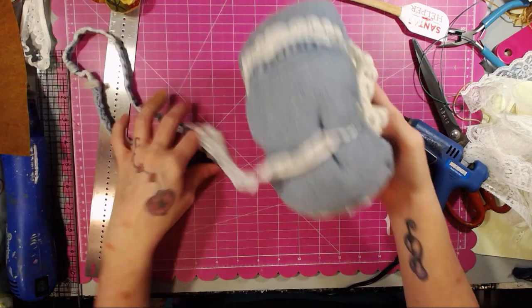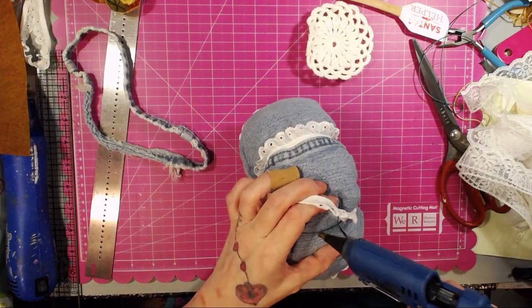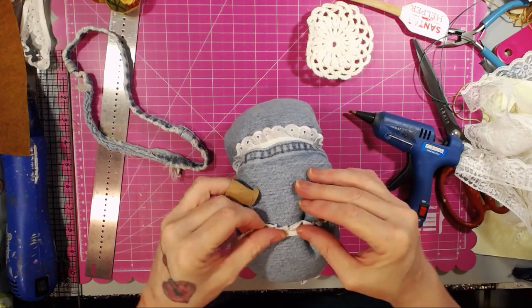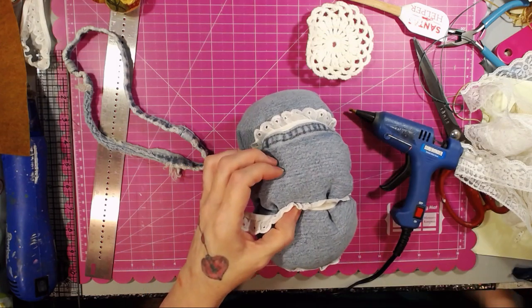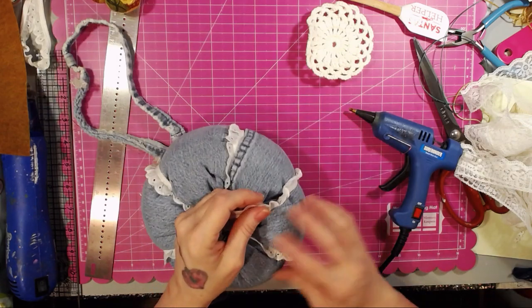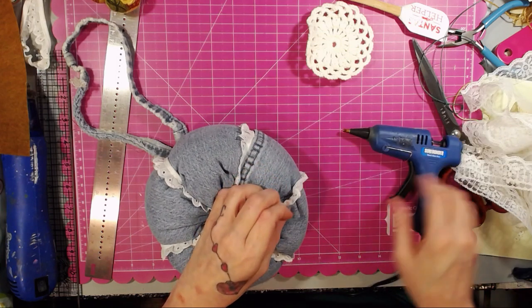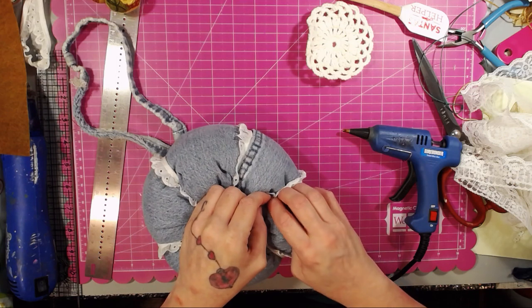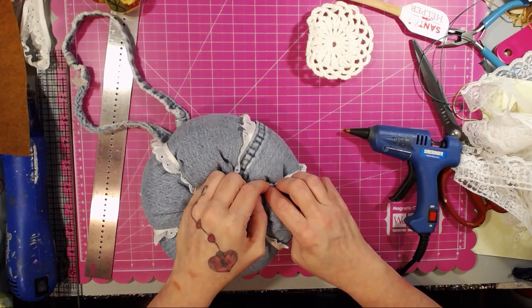Okay, so let's finish the lace, now that we got that worked out. Oh yeah, that's better. It's coming out much better now. I was wondering what was going on. I just figured I was using too much, but I've never had that happen before with this glue gun, so I didn't really know what was happening. I'm glad it was just that it was off, really, because I was going to say, if this glue gun can't keep up with me...